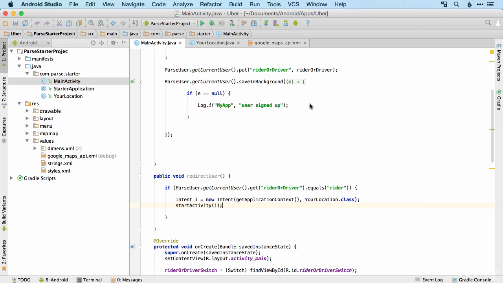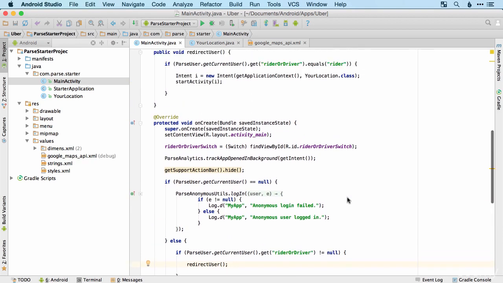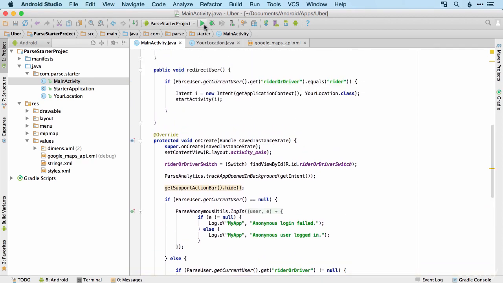Okay, so we want to do that in two places. We'll do it here, and we'll do it here as well. All right. So if everything's now set up correctly, we should, as soon as we run the app, get redirected